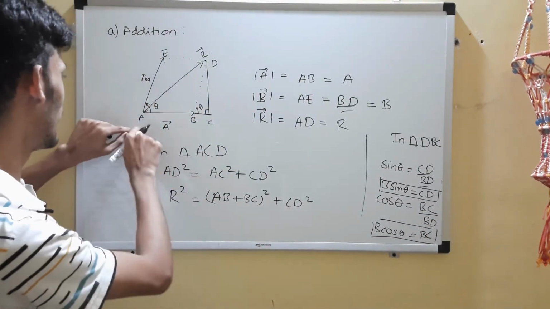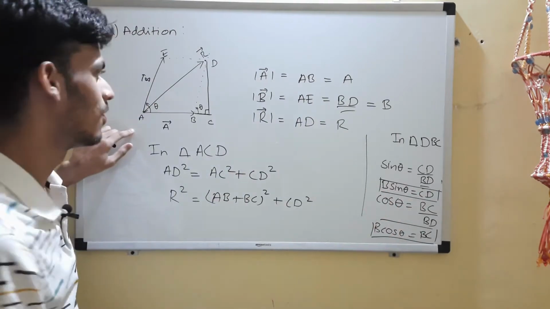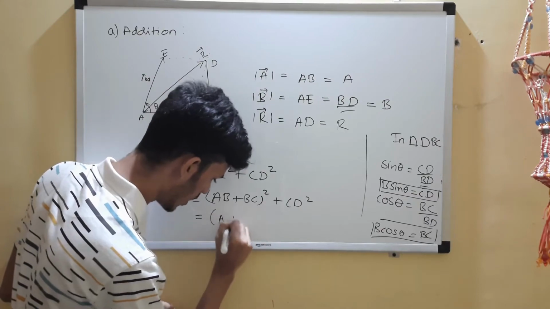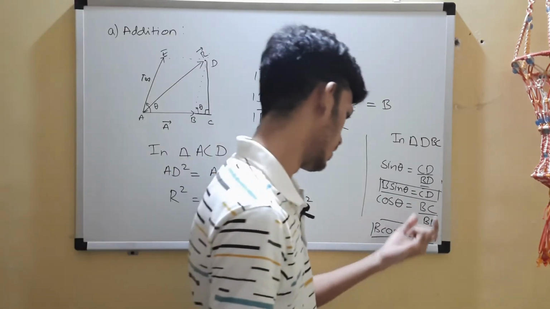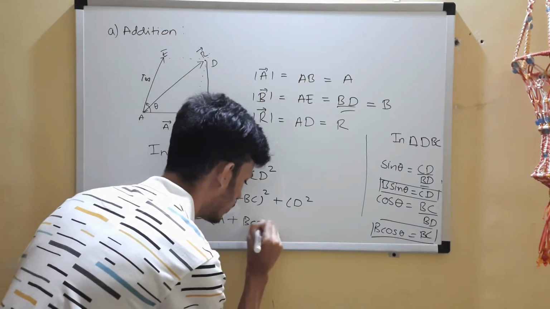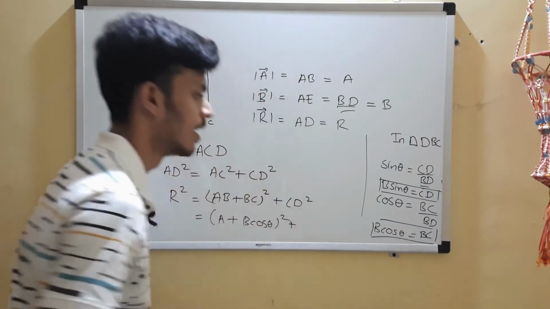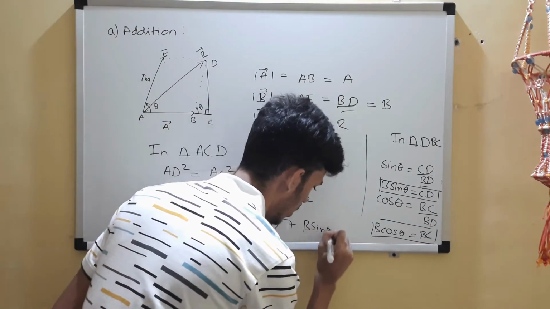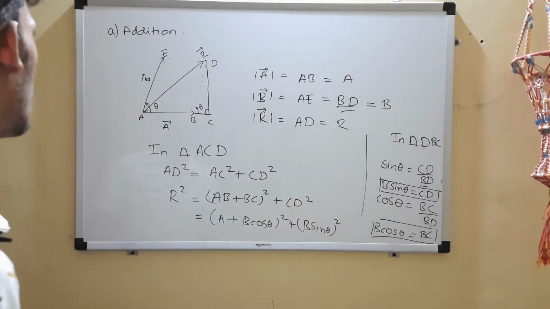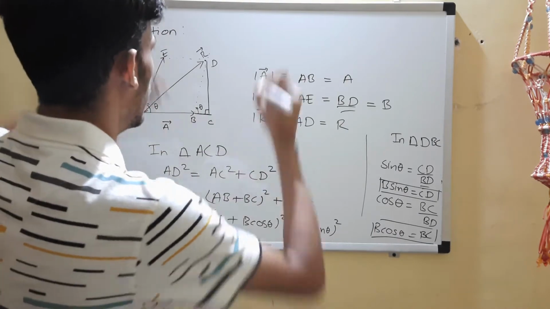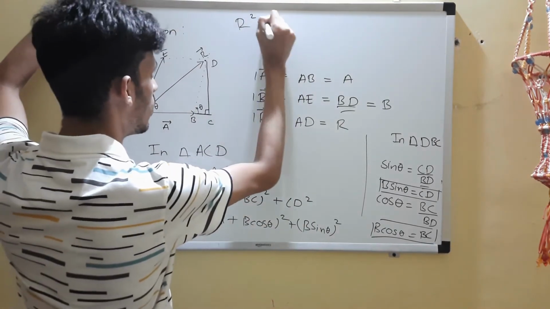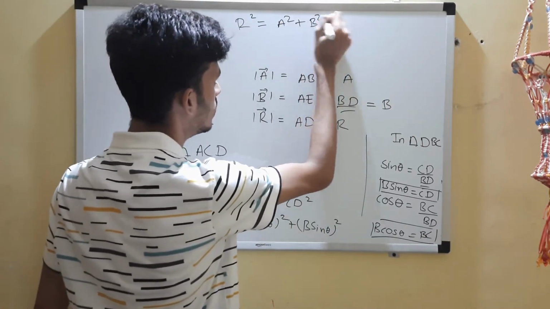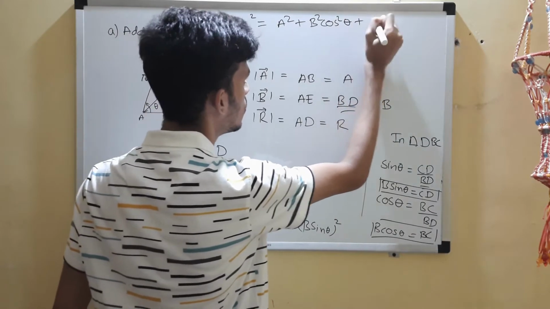Okay. And AB is nothing but magnitude of A, right? Which we have named to be A. So in place of AB, we'll put A. In place of BC we'll put B cos theta. Now this is whole squared plus CD. In place of CD, we'll put B sin theta. This is also whole square. Okay, can I get some space? I'll write it here. So we have R square on the left hand side. We'll get A square. Now use A plus B the whole square here. So A square plus B square cos square theta plus 2AB cos theta.